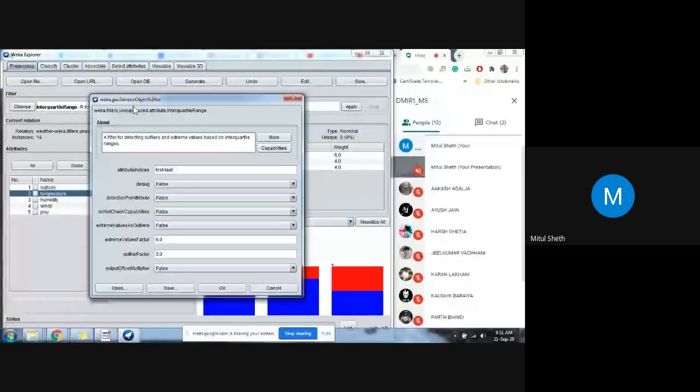Yes, the next most important pre-processing operation is the interquartile range. Interquartile means if you want to find